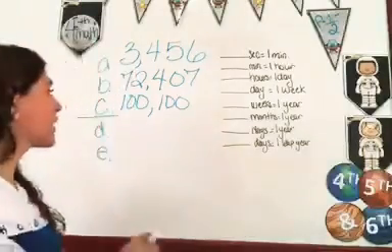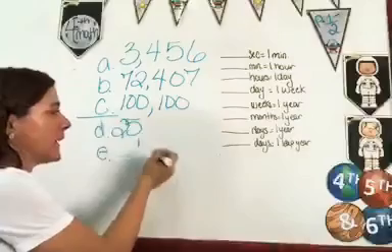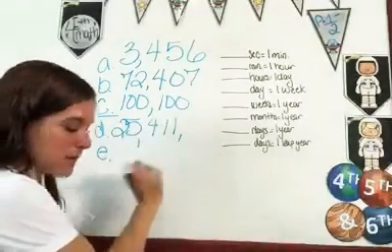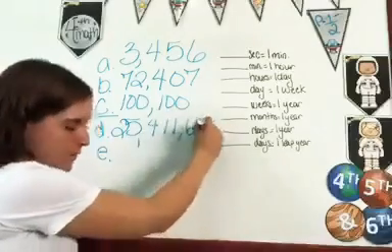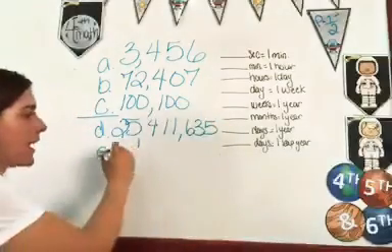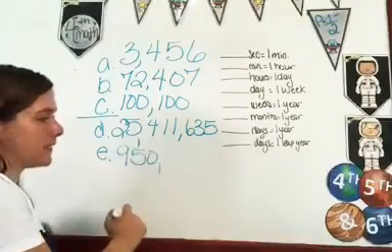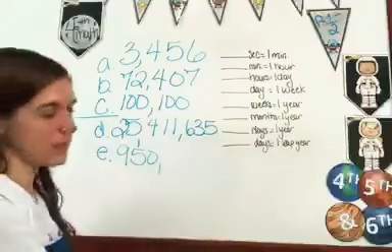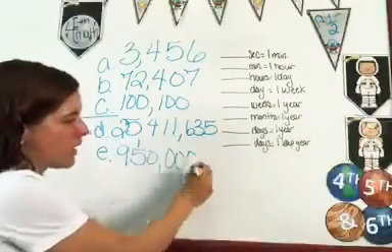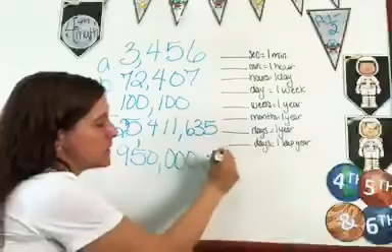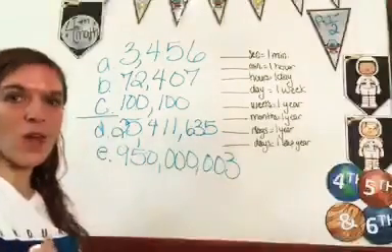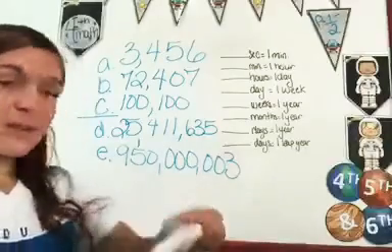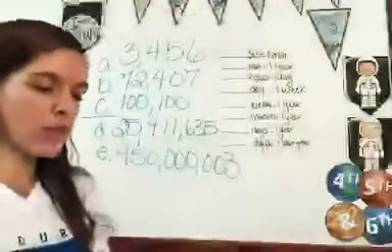Okay, we're gonna put it up on the board. Here we go. 25,411,635. And the other one, 950 million 3. Well, 3, you guys, is all the way in the ones place, so we have to get there with zeros. 0, 0, 0. Nothing's in the thousands place. 0, 0, 3. Okay? We will keep practicing that on other pages, don't you worry. But look, you're already done with this page. So go over to page number 2.